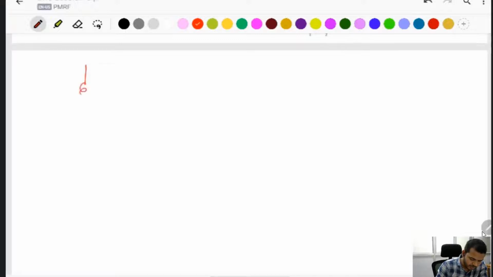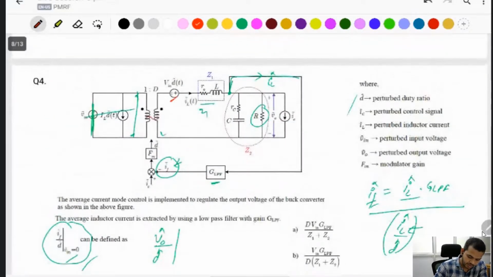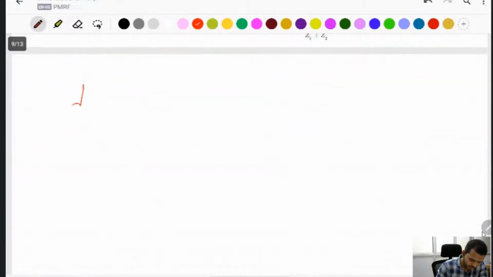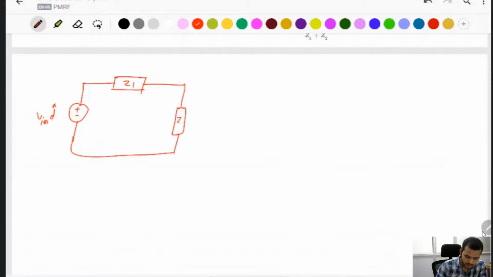V in 0, that means the inductor is present here. Inductor R is also given here for the Z1, and this voltage works as the voltage source. V in D cap, and this one is Z2, Z1, sorry, this one is the Z2. A simple circuit, apply this one IL cap into dt, I think you know that, apply voltage KVL, then find